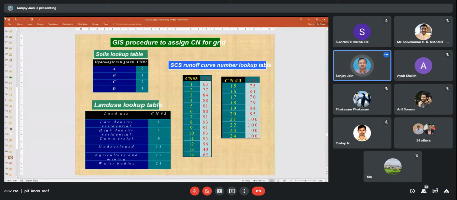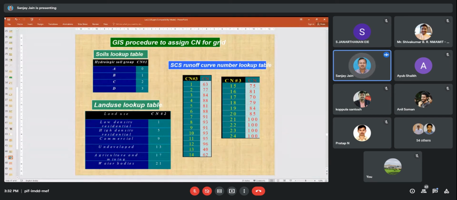I have a soil map, I have a land use map. If I cross these two, I get, for example, for land use class 1 and hydrological soil group 0 or A, then I know the curve number for that in a table. So I have to link these three and I can create a curve number map.